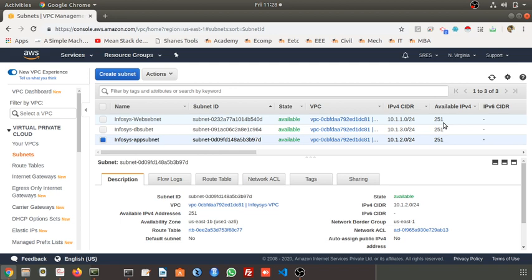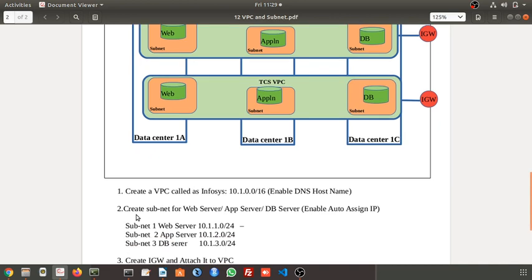Actually you have 256, but 5 IP addresses are used for different purposes. .0 is used for the network interface, .1, .2, .3 are used by Amazon Web Services, and 255 is used for broadcasting. So you can deploy 251 servers in each and every subnet, as the range is /24. So our second task is also completed.